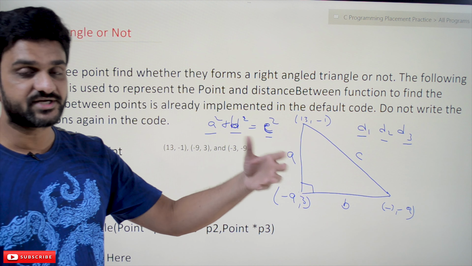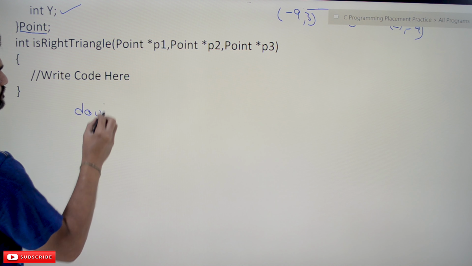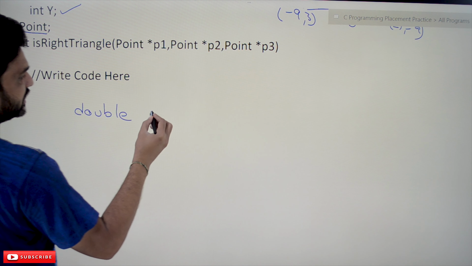Okay, let's start our program. This is the function. Within this function we have to write the program. So I will write this code here. Let's start with our declarations. We'll take double values.